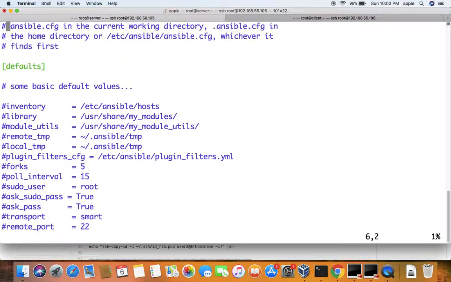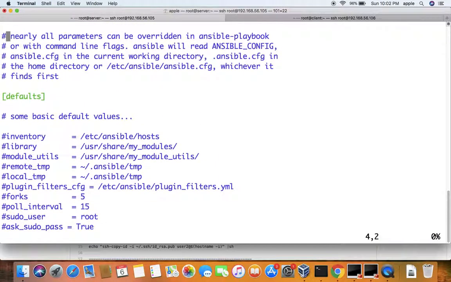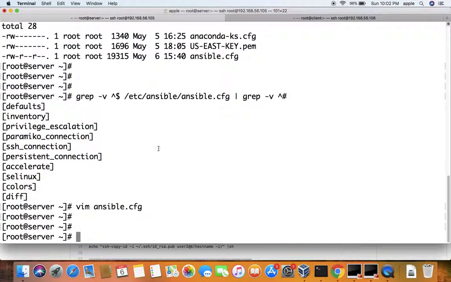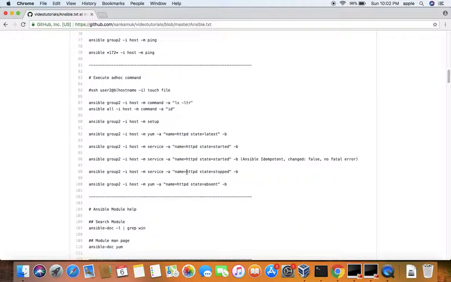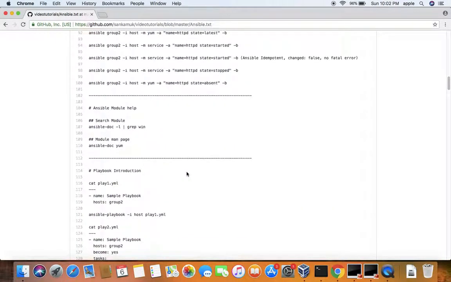There is a lot of online documentation that can help you. So that's Ansible configuration. Next, what I wanted to show you in this video is the help that you can get from the Ansible installation itself rather than going online. So ansible-doc is the documentation for Ansible. If you run ansible-doc with -l to list everything, obviously there is a huge number of